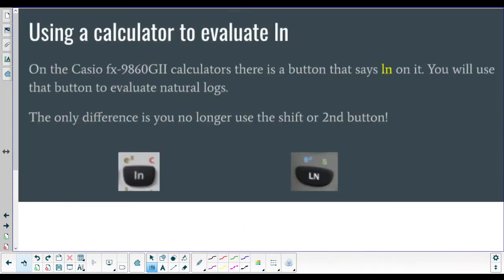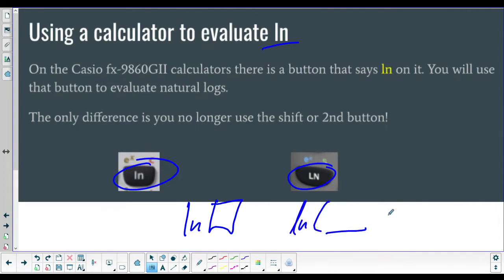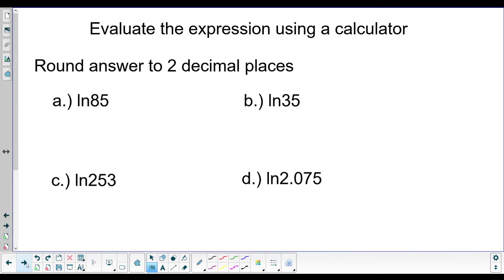All right. Couple more types of problems, or actually just one more type of problem. We're going to practice typing natural logs into our calculator. Most calculators now have an ln button. So instead of typing in the number first, you're going to type ln, and then it'll either give you a box, or I think on Texas Instruments, it'll say ln parenthesis. Then you type whatever you need inside your natural log and hit enter. So if we look at these, ln of 85, you just hit your ln button, you type in 85, and you hit enter, and it will tell you a decimal.